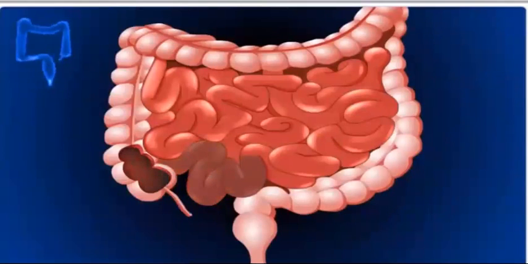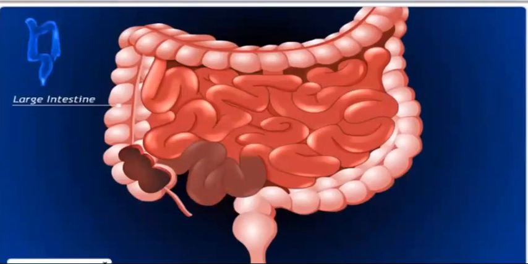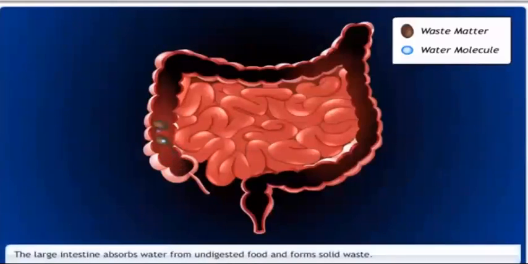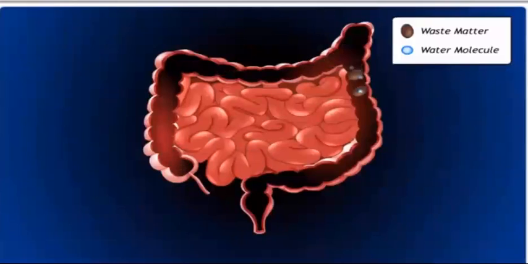The undigested food and water then move into the large intestine. The inner lining of the colon has villi that absorb any water from solid waste. This solid material is collected in the lower part of the large